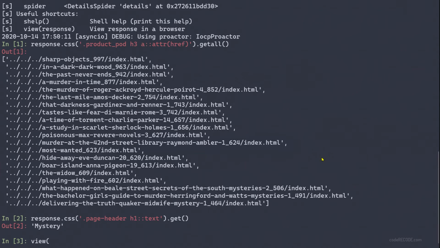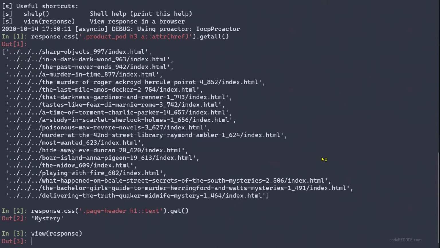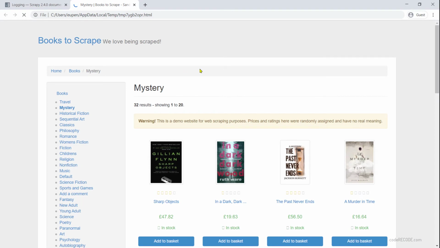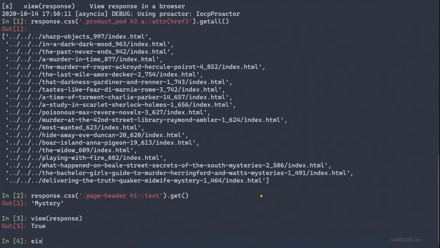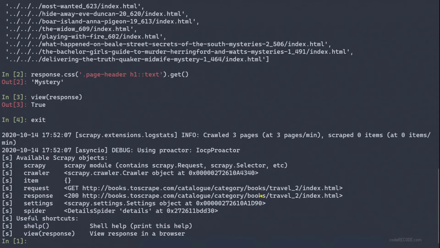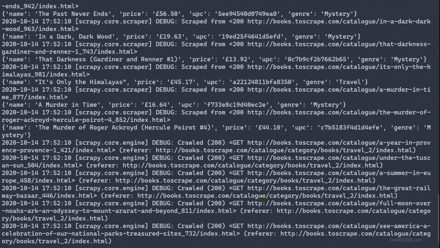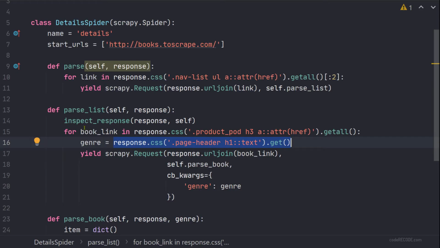Another thing that we can do is we can call the view(response) method, and we can see how the response is visible to the spider. So let's exit. Remember that it will be called multiple times. And why is it called multiple times? Because this parse method is being called in a loop, and I'm running it only for the first 2 items. So for every link, every call, this method will be called.